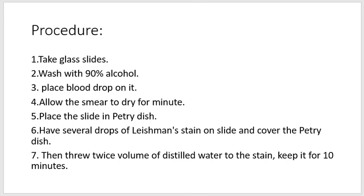Next is the procedure. First of all, we took the glass slides and then washed the slides with 90% alcohol, and then placed blood drops of the rabbit on the slide, and then produced a smear of the blood, and then allowed the smear to dry for a minute, then placed the slides in a petri dish, and put some drops of Leishman's stain on the slide and covered the petri dish, and then